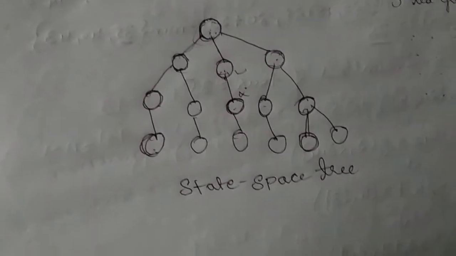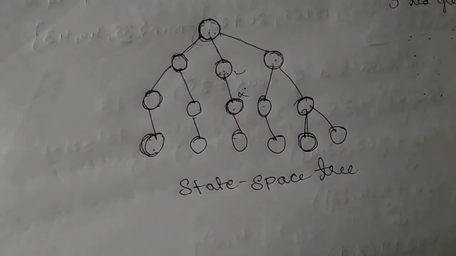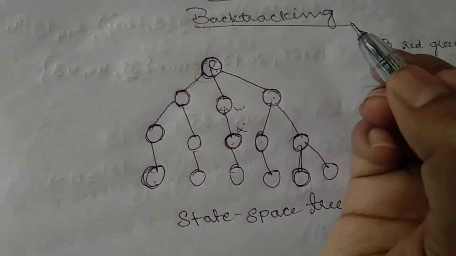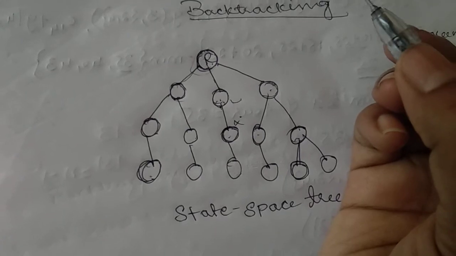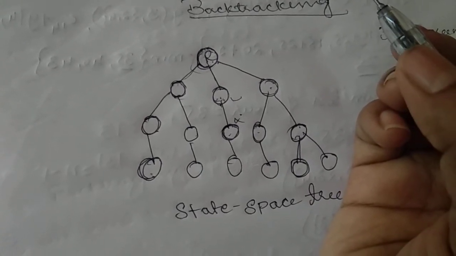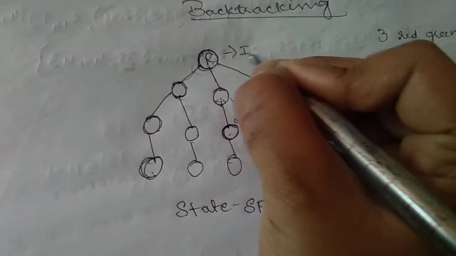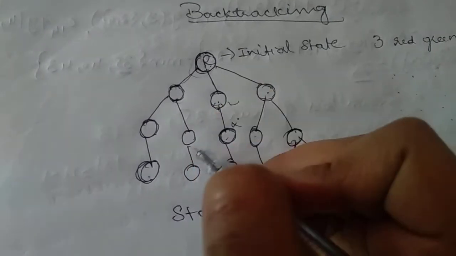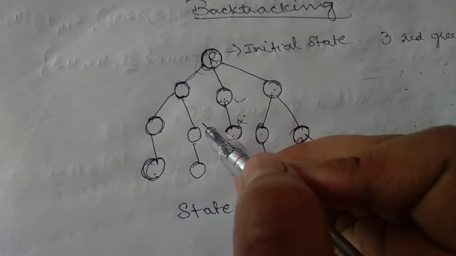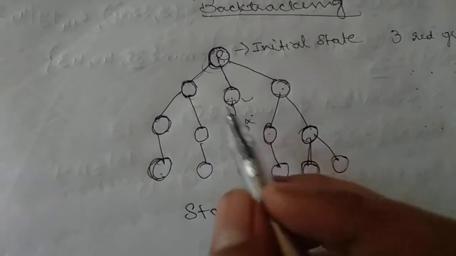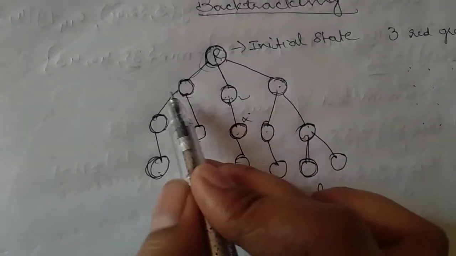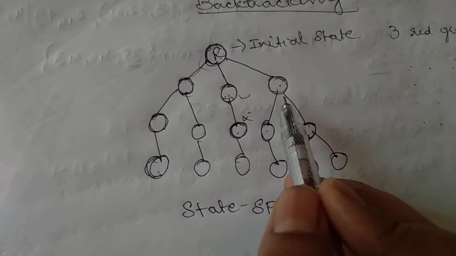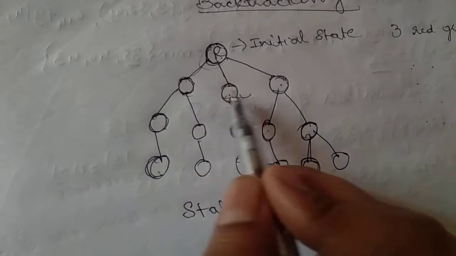Tree means it will have a root node, then other nodes, is it not? Here this is the root node. What will this root node consist of? The root node represents the initial state before the search begins. From here only we have to go for further solutions. Then the nodes of the first level in the tree representation, this is the first level, are the choice made for the first component of the solution.